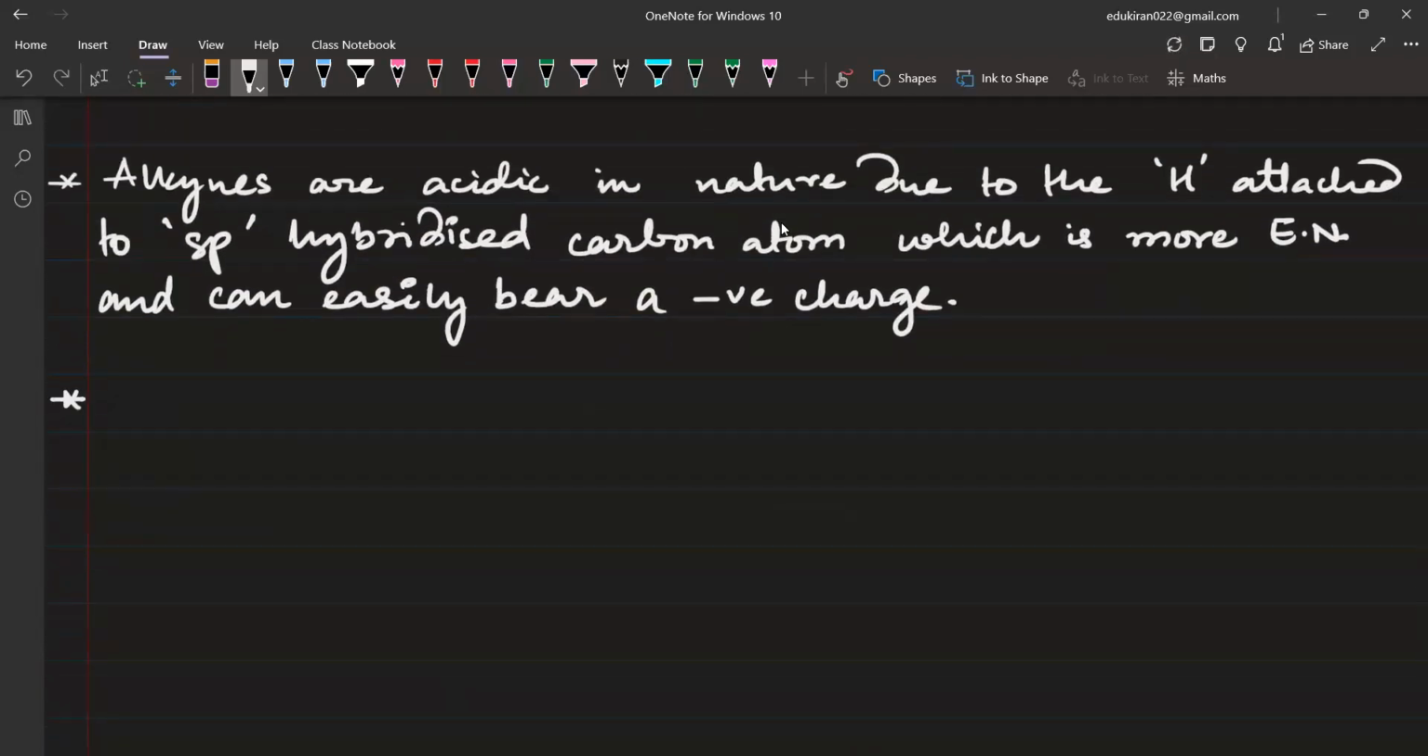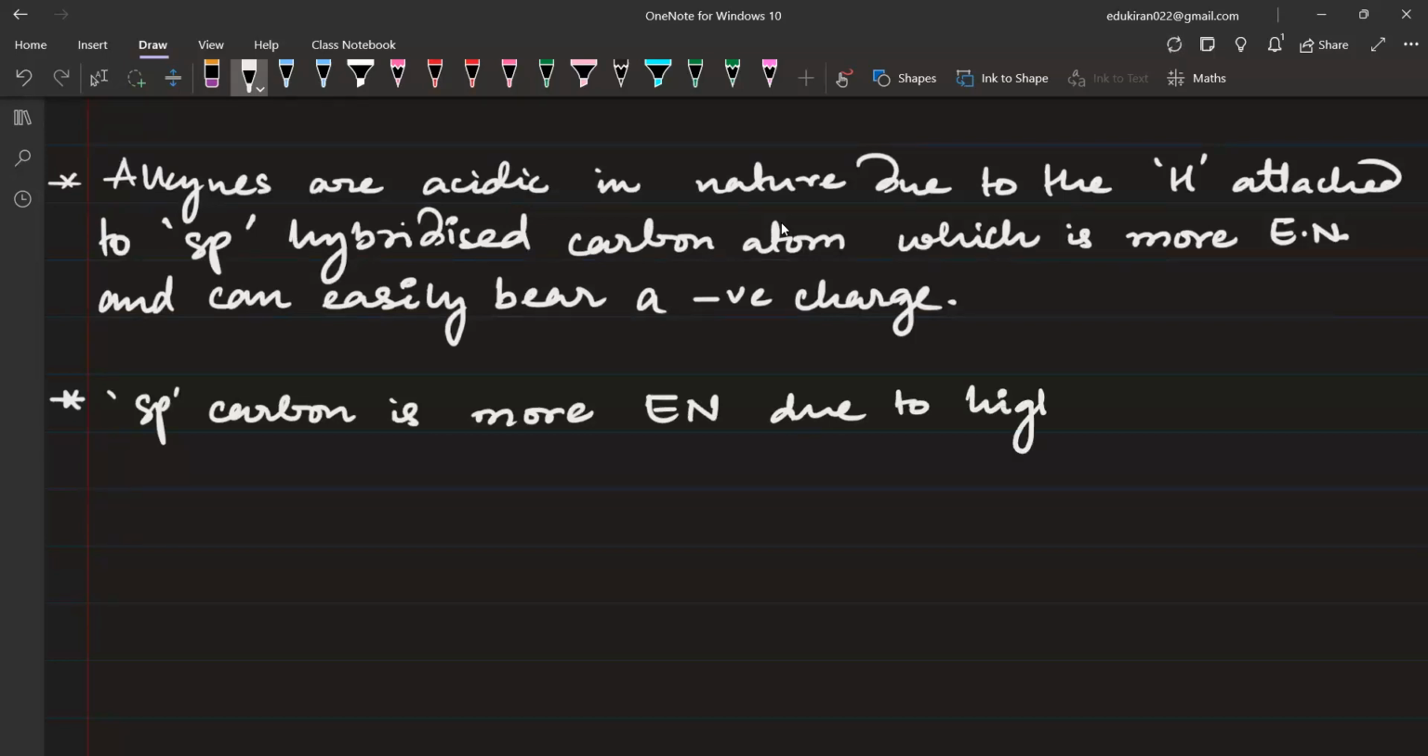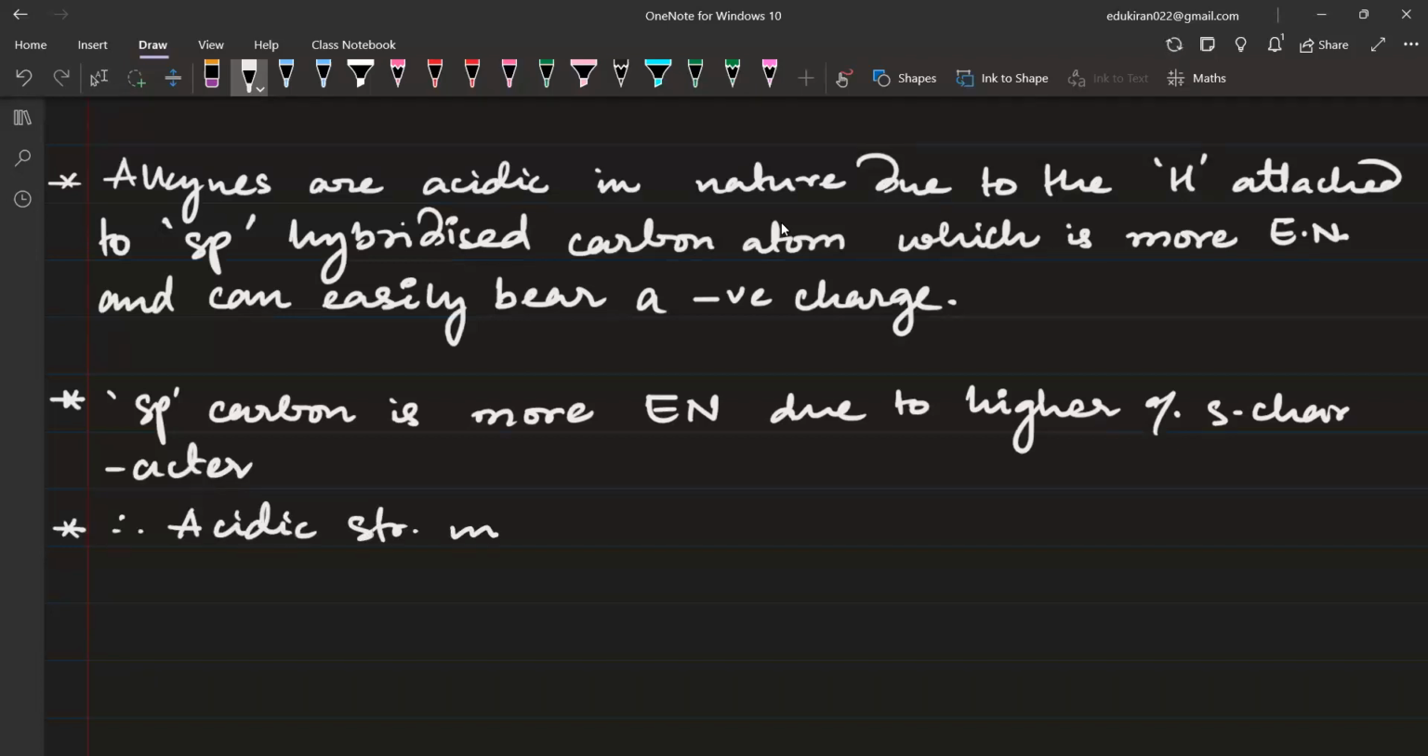All right, next. sp carbon is more electronegative due to higher percentage S character. And therefore acidic strength in hydrocarbons,